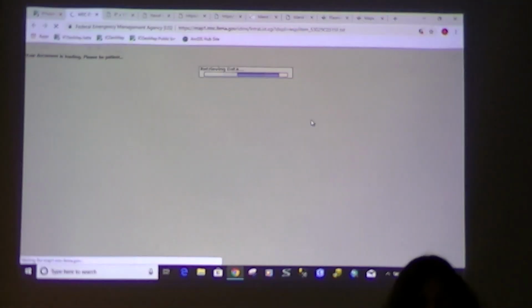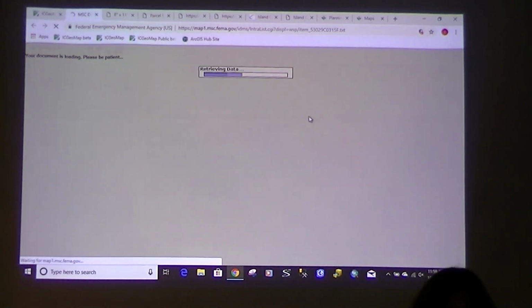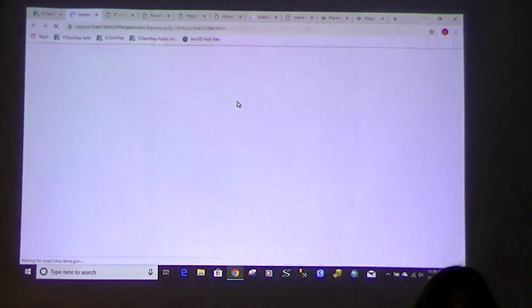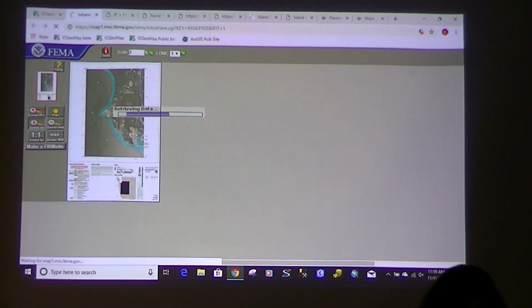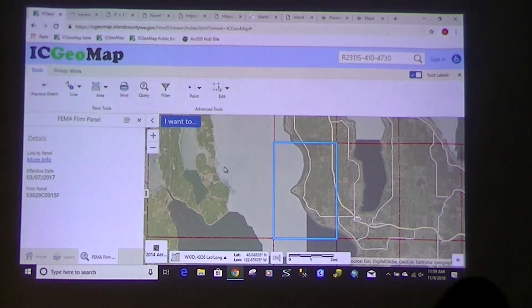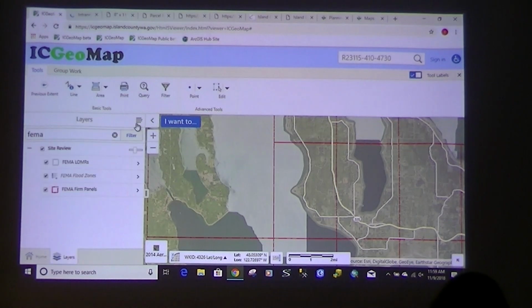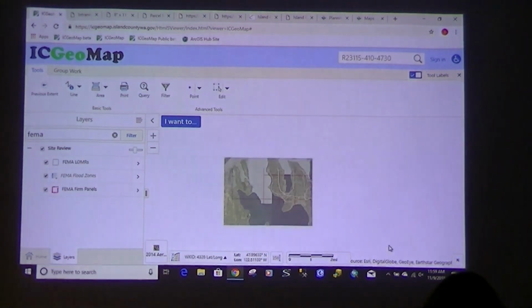So this goes to the FEMA page. It's a little bit slower than ours, but that will actually give you the whole panel. Anyways, just to show you that you can get to that. We have our LOMARs mapped. Let's see if I can find a LOMAR to show. I think we've got some